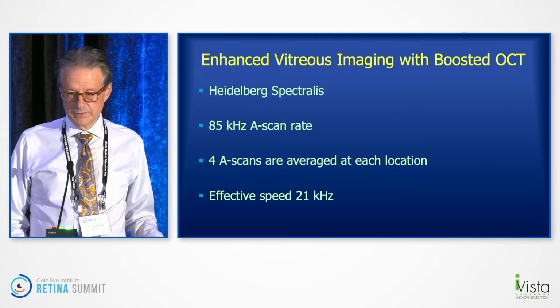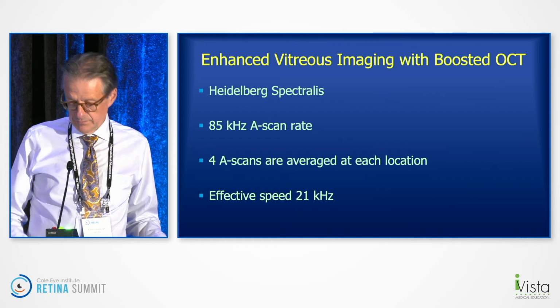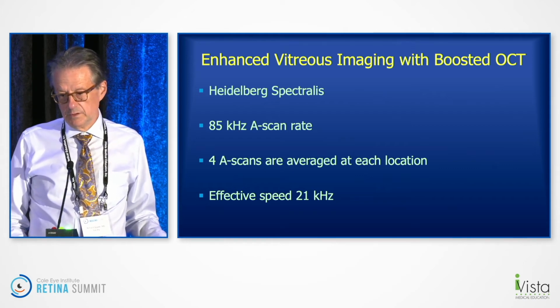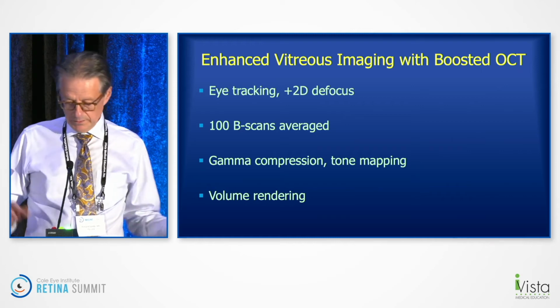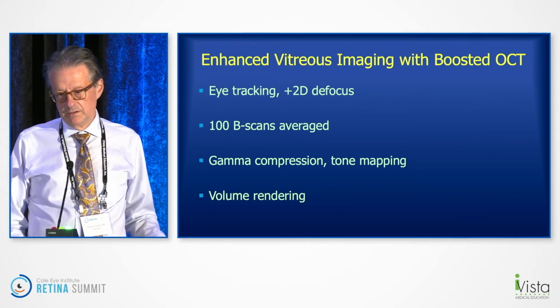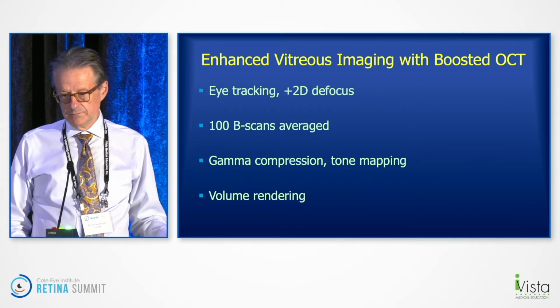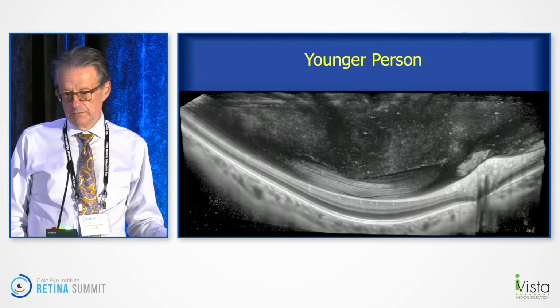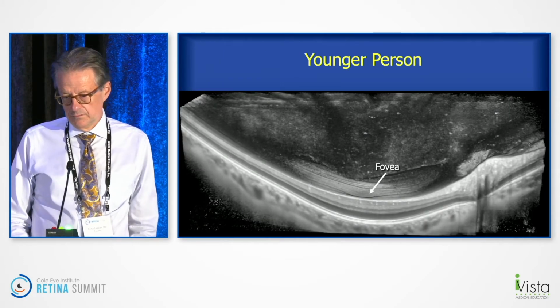with a Heidelberg Spectralis. Now, the scanner that I use had an 85 kilohertz A scan rate, so effectively it is pretty slow, 21 kilohertz. And then we use eye tracking, just like an ordinary scan, defocused up into the vitreous, and average a bunch of scans together. Then I derived a way of image processing that's based on HDR photography and did volume rendering. So this is the vitreous of a younger person, and you can see the fovea,